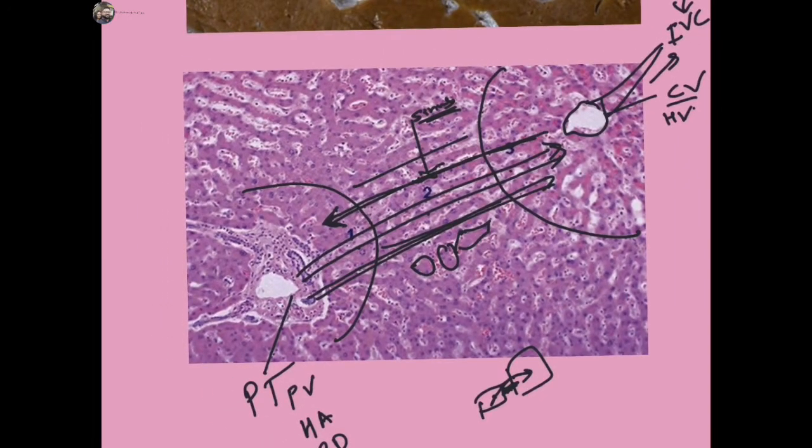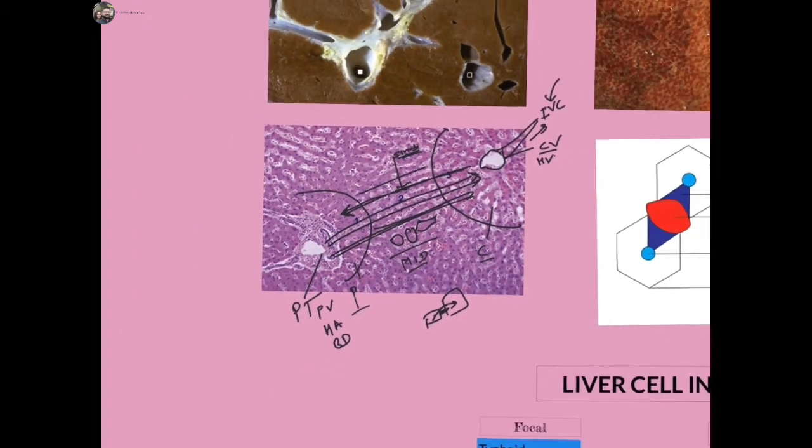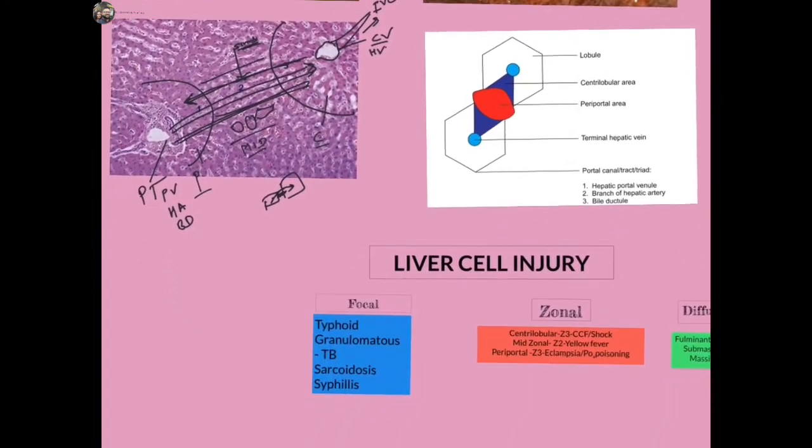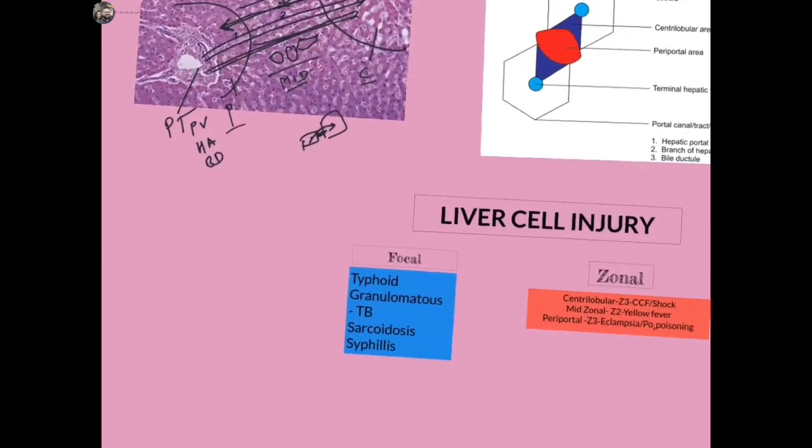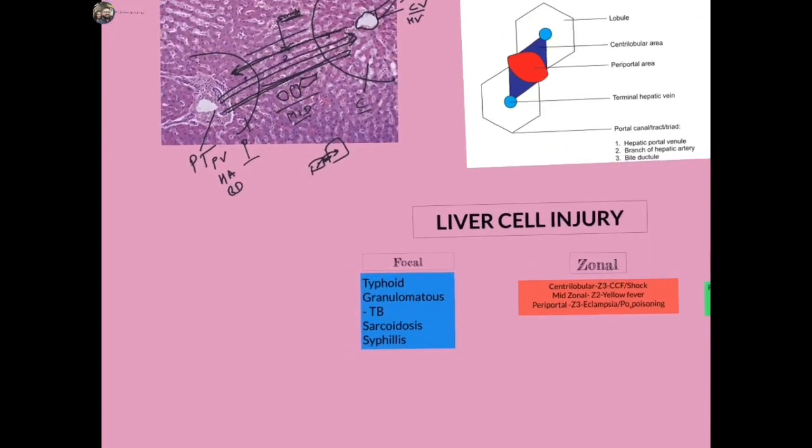Now you can see that this zone is called the periportal, this zone is called the centrilobular, and in between is called the mid zone. So these injuries are different in the different zones. Why? Because it depends on the blood supply. As you go far away, the blood supply will be less. So these are the liver injuries: focal means only one zone is